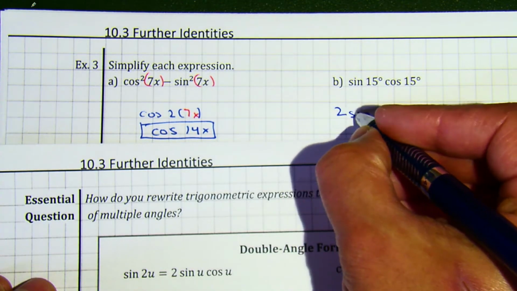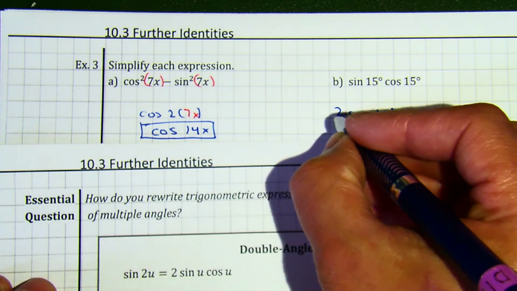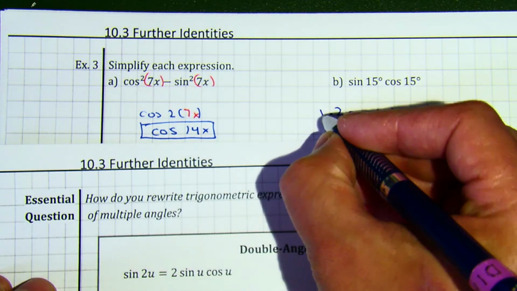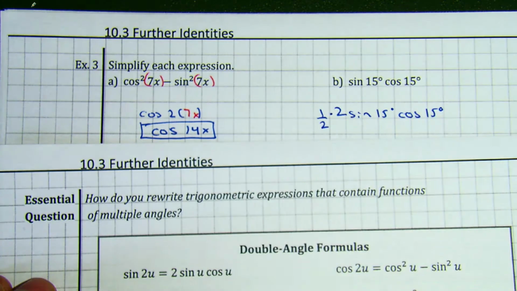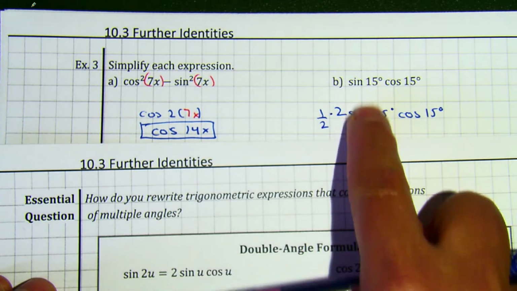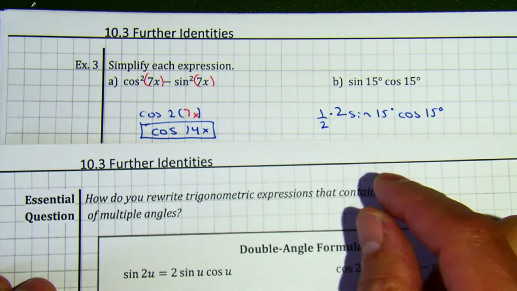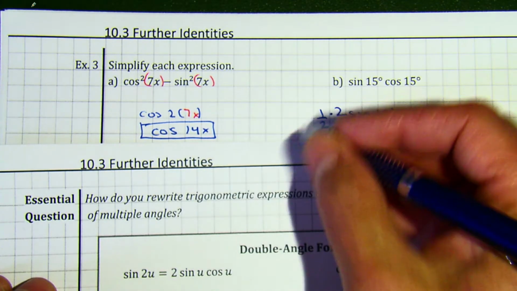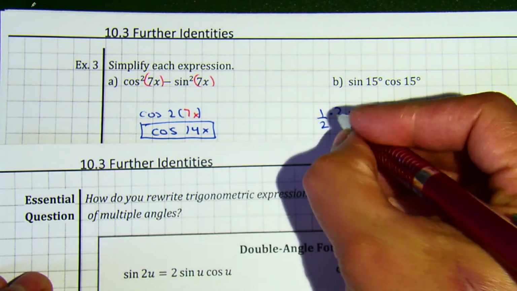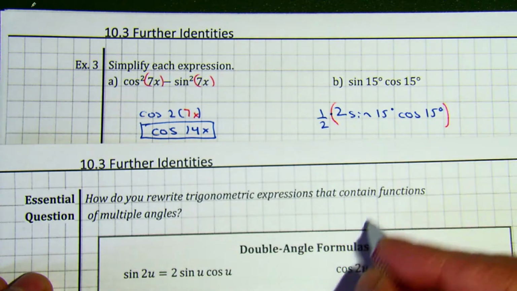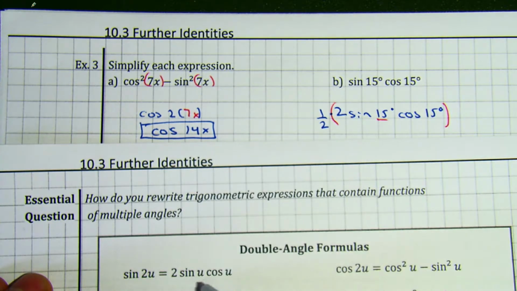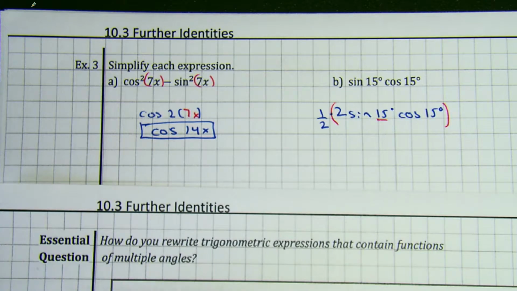I cannot just multiply by 2. I can multiply by 1, so therefore I can just multiply by 1/2 times 2. That is 1. And do you agree that those two expressions are equivalent? And therefore, I can substitute. My value of u will be 15. So therefore, that'll be